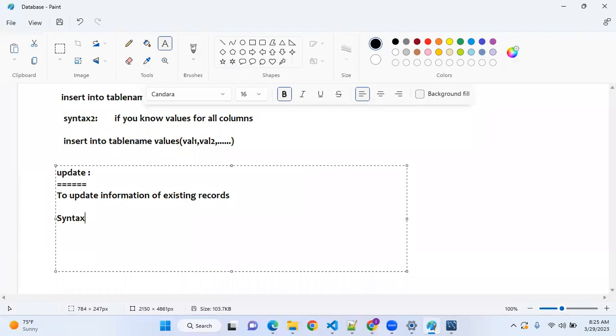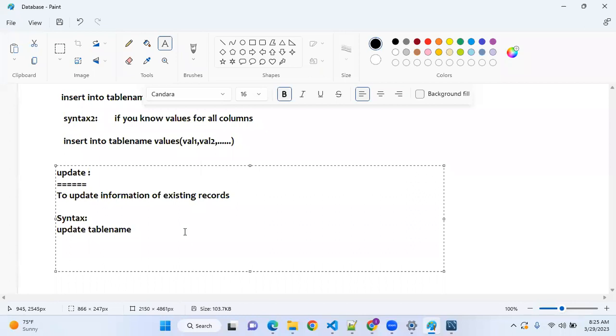Syntax is update table name. Very, very important. Insert, update, delete, select. These are the 4 operations that you regularly do, guys. If your project is working on a database, these are the 4 syntaxes you might have to work on regularly.